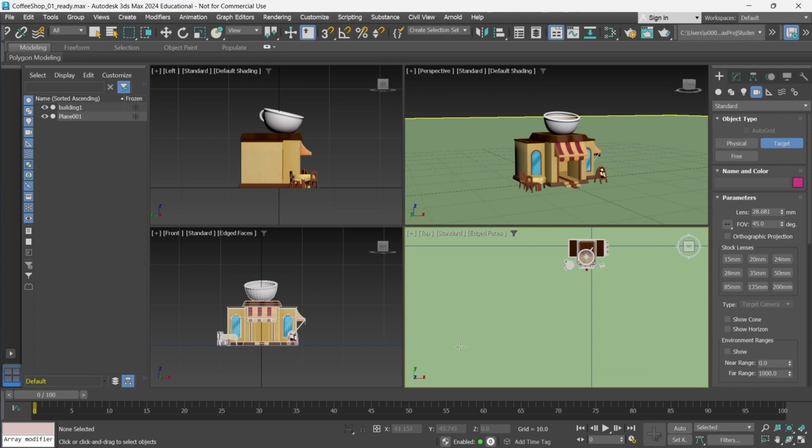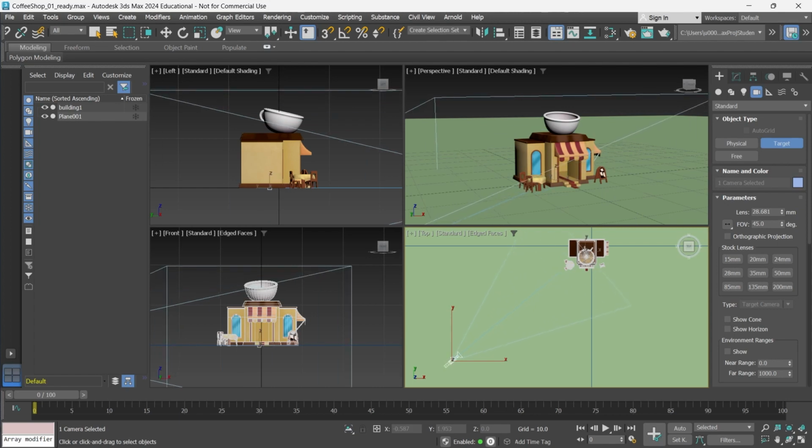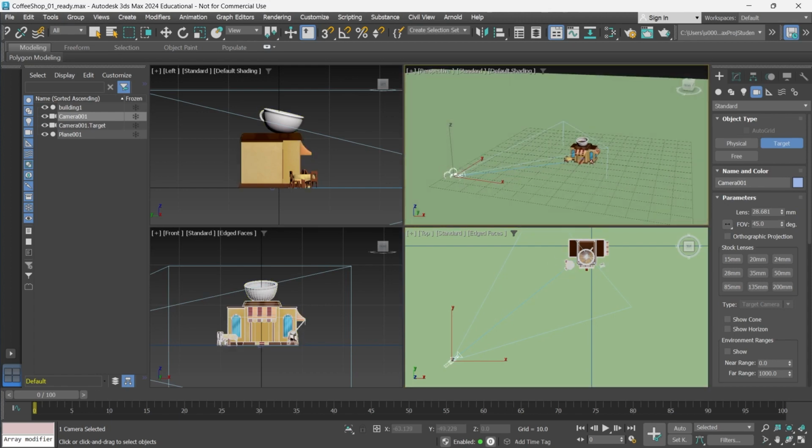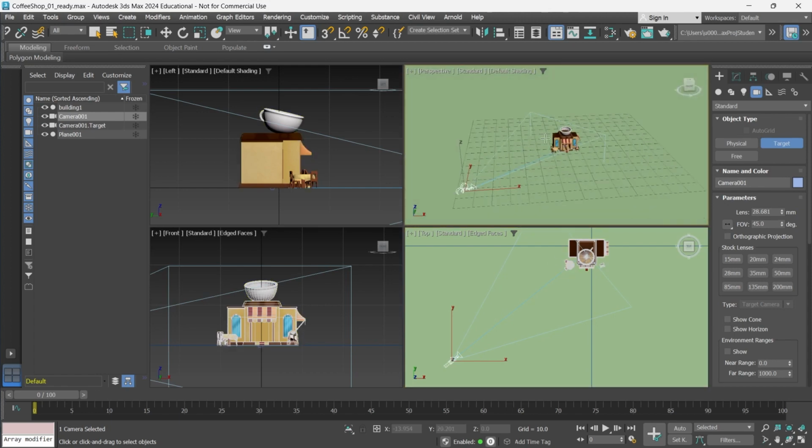So I'm going to hold down the left mouse button somewhere over here to the left of the cafe, and I'm going to hold it down and then drag, and then I'm going to let go when I'm over the top of the cafe. What that does is it creates a camera where I initially clicked, and then the target for the camera, which is basically what the camera will always be looking at, is created where I let go,